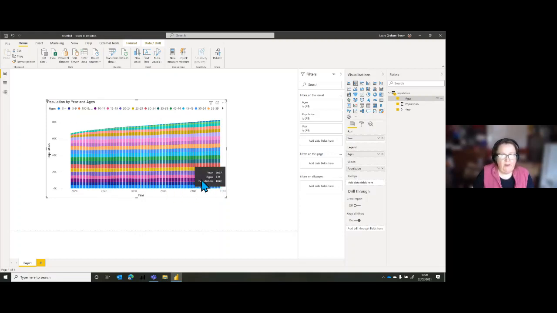So that's one issue. The other issue is that's not a particularly good chart because you can't see that there's too many bands of color in there for it to be useful. If you're having to look really carefully as to what a band of color is, you've got too many bands of color in there.